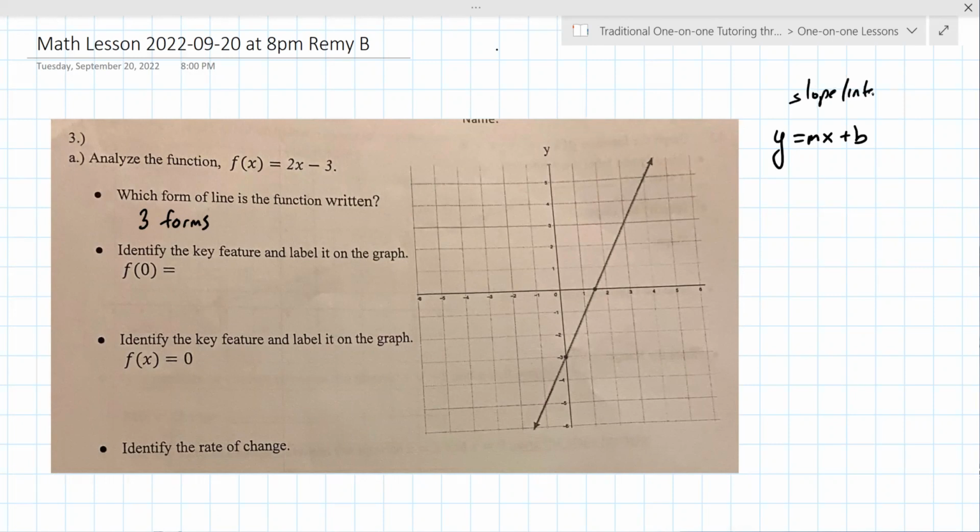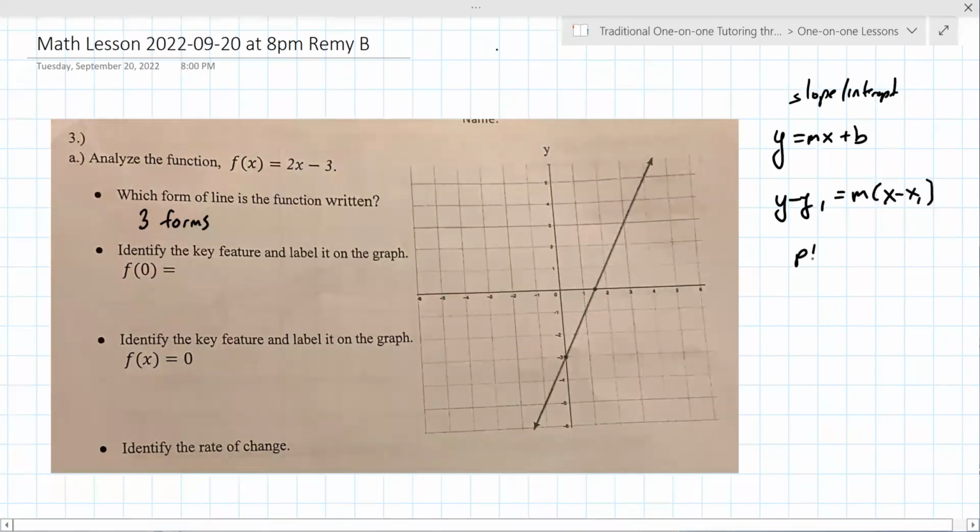And then the next one is point slope: y minus y1 equals slope times x minus x1. That's point slope. And then the last one is standard form, ax plus by equals c. That's standard form. You may have to know all three of those for this. So this one's in mx plus b form, so it's in